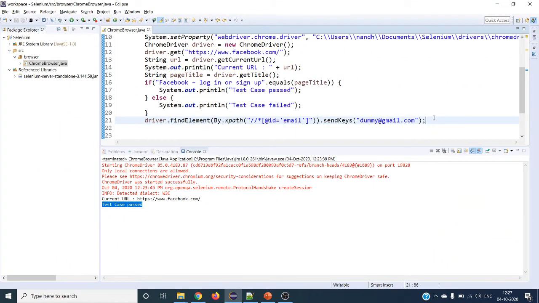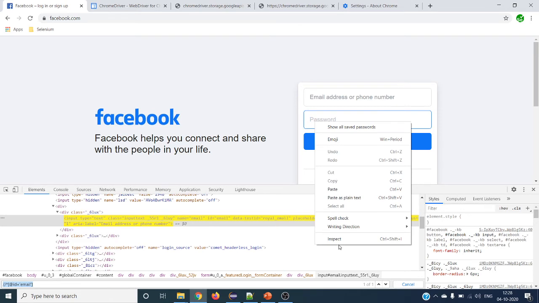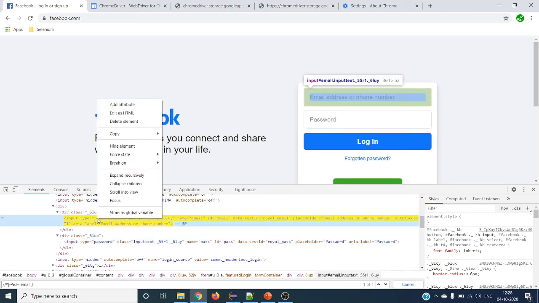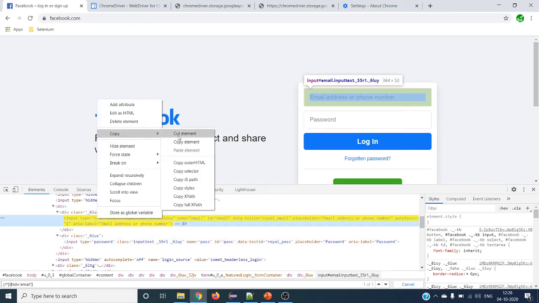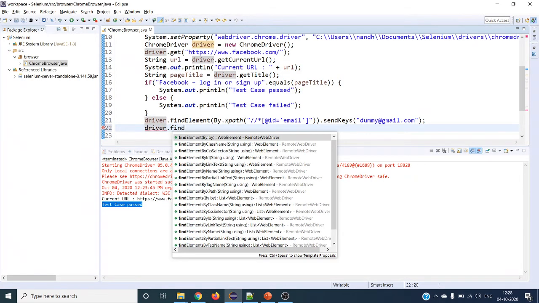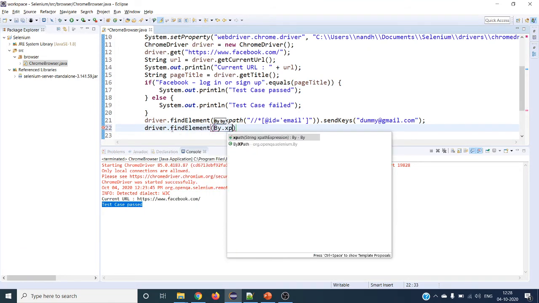And then we have to get the password XPath. Same way: right click, inspect, and it is highlighting that input password. Right click on this particular element, copy XPath. So again, driver dot find element by dot XPath.